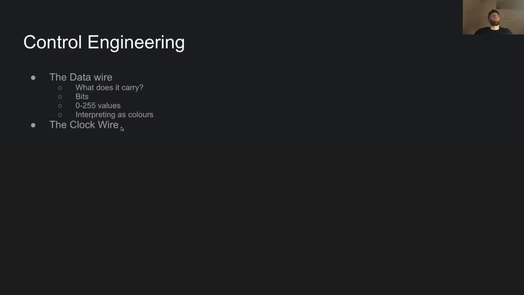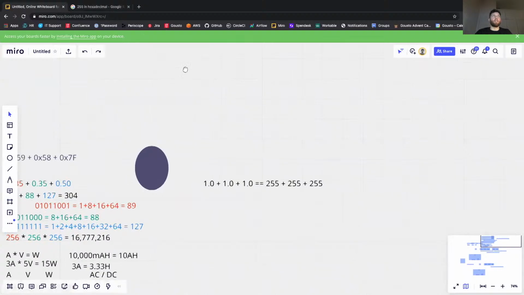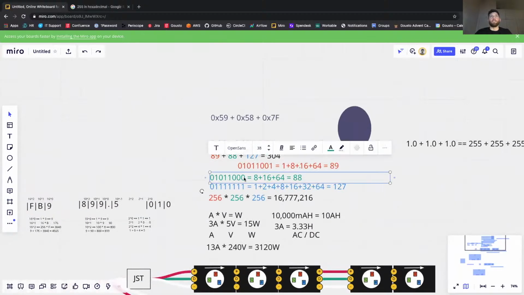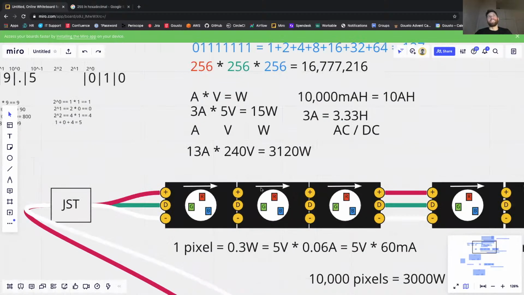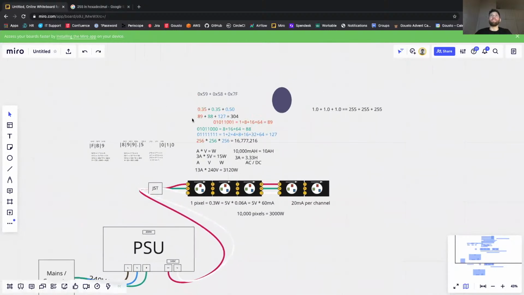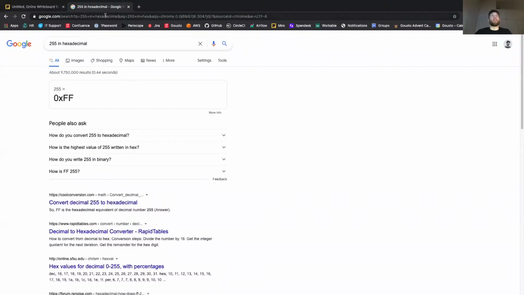Okay, now that's what the data wire carries. So you're going to be sending out a signal which has a sequence of triads of bite-sized 8-bit binary numbers, which govern each of the emitters in each of the LEDs in this sequence. If you happen to select APA 102Cs or any of the other related variants of integrated circuit instead of WS2812B,